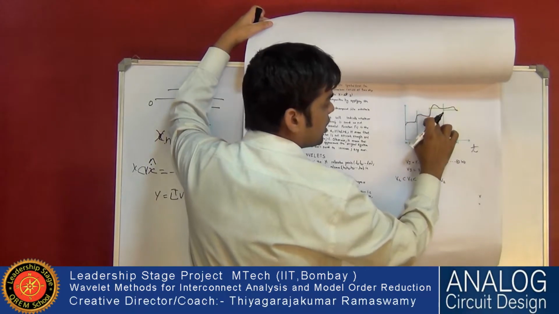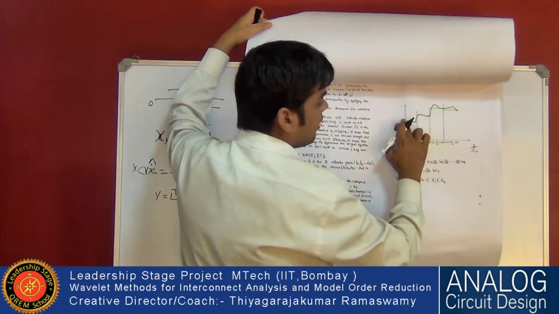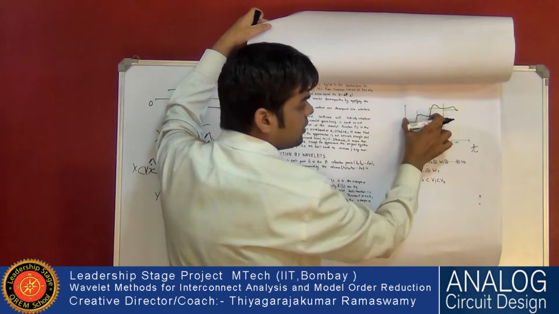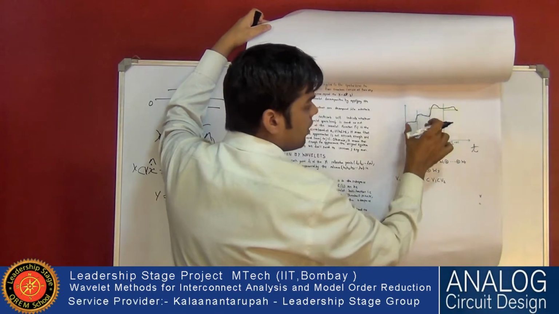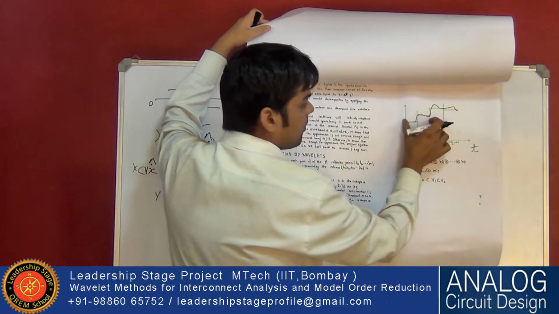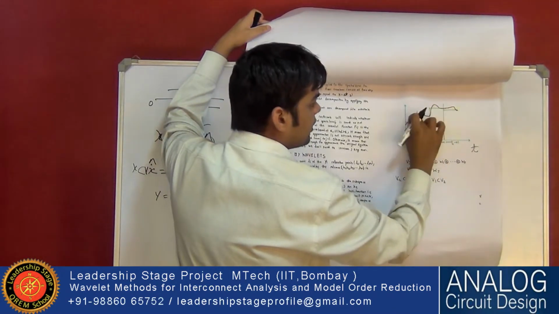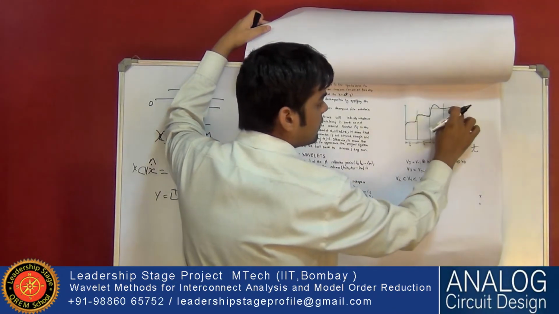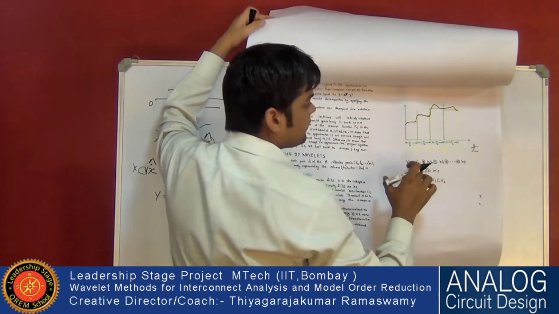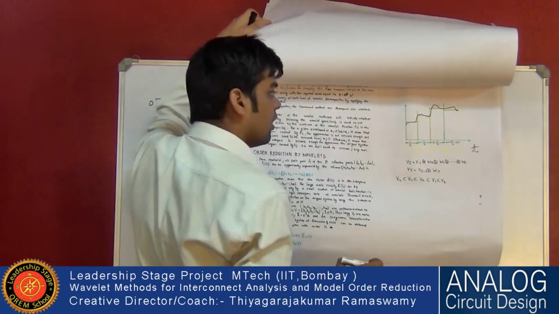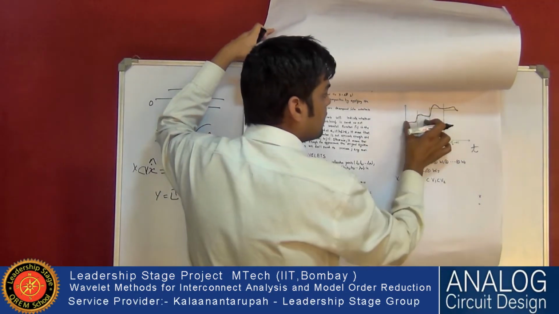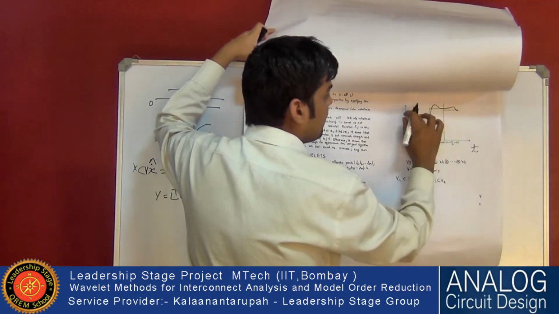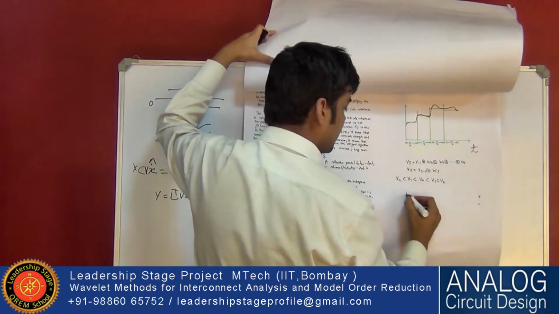This brown color is the continuous signal. Using this yellow color, we are dividing this function into 2 parts. If you divide into parts and take the average of each value, we will represent this discontinuous function by this yellow color. If you take the mean of this, it will be represented like this.